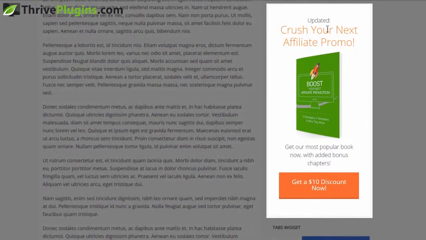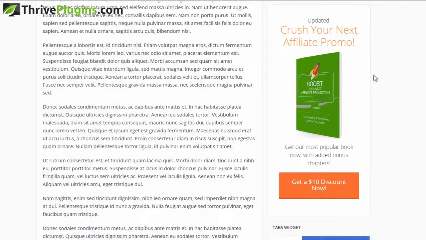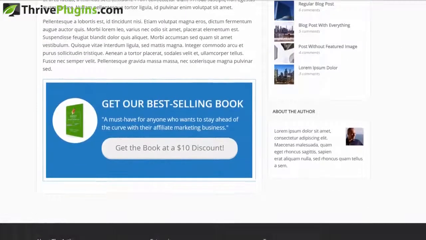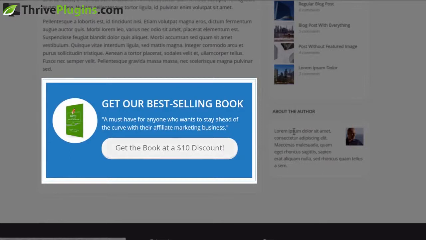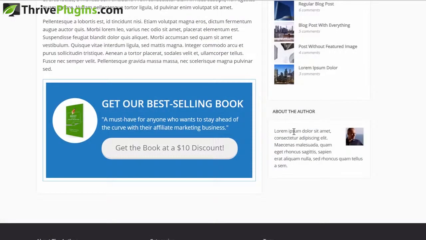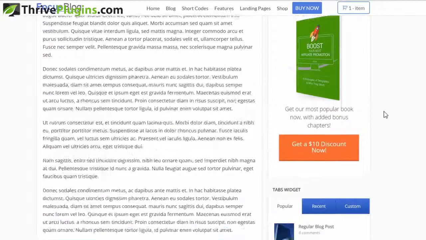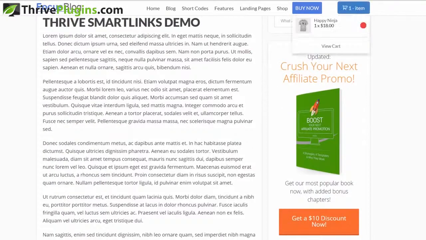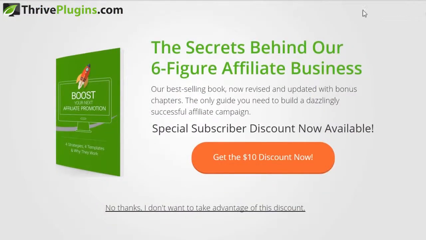So in the sidebar, we've got an ad for a premium product, right? In this case, an ebook. We're advertising an ebook. And then at the bottom of the post, we have the same thing. So instead of advertising the opt-in thing that these people have already signed up for, you're actually showing them an upsell or just an offer for a premium product. And you can do the same thing in any location, any way that you want. So we can also have this overlay that now advertises this special offer.